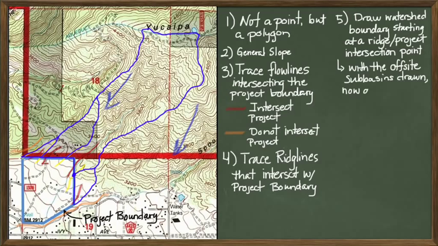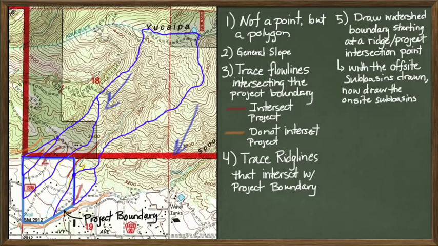So with these off-site basins drawn, now it's time to draw what is happening on-site. We're not only interested in what is happening off-site, but we want to know the hydrology and the flow of water that is currently on our site. Because we're going to develop it, we're going to change things, we're going to redirect flow patterns, and all that stuff may happen in our development. So we need to be able to assess the current condition and compare it to that future condition. So let's look at the on-site basins for the current condition where nothing is there.